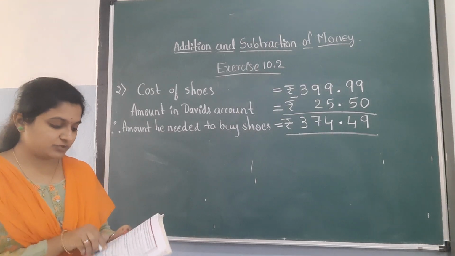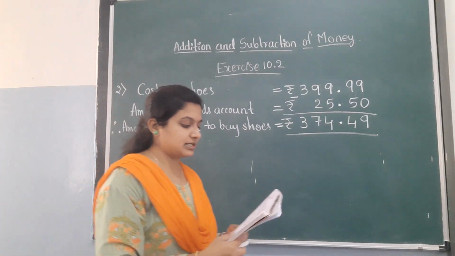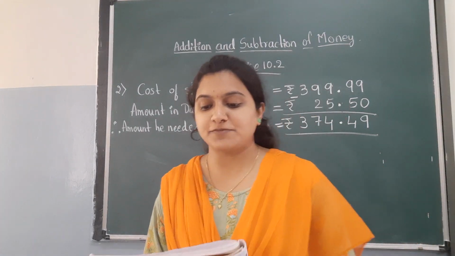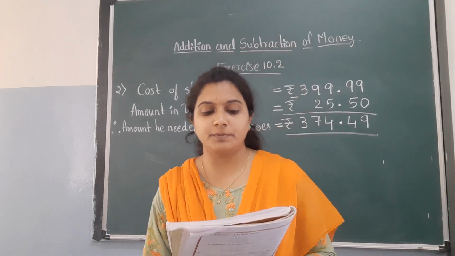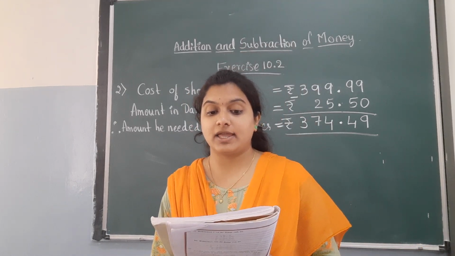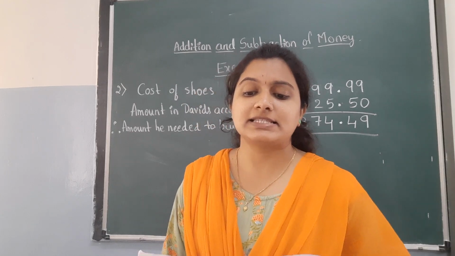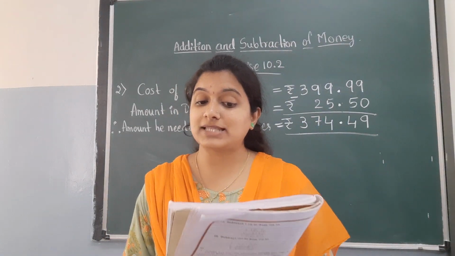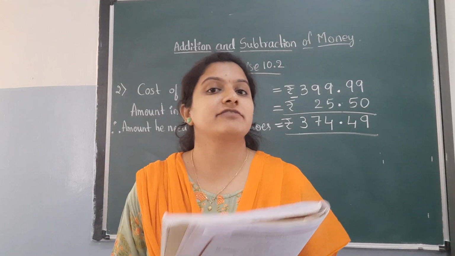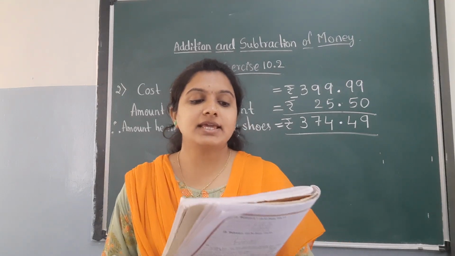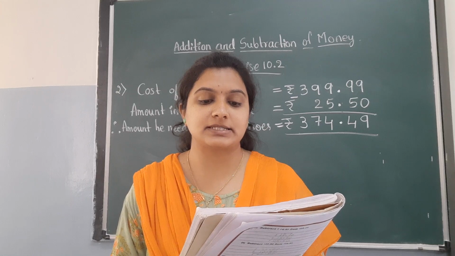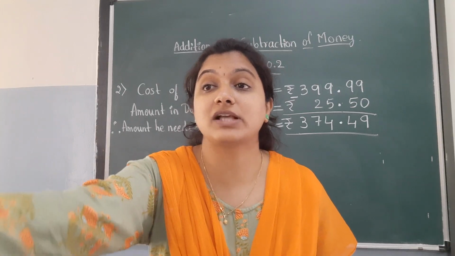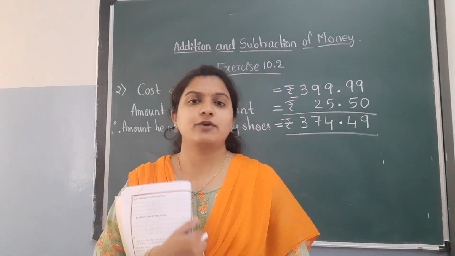Okay. Now come to the third question. What is the third question? Lakshmisha purchased stamps and postcards for 52 rupees 50 paise. One boy is there. He purchased stamps and postcards. What is the cost of those stamps and postcards? 52 rupees 50 paise. He gave a 100 rupee note to the person at the post office counter. So how much did he give to the post office counter? 100 rupees he gave.